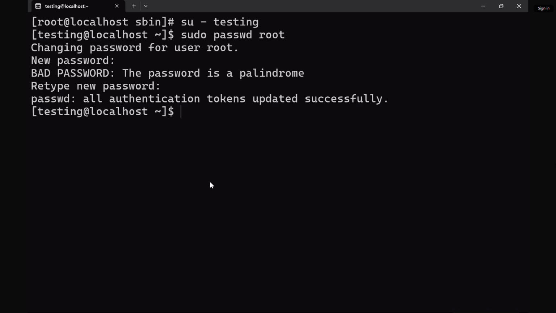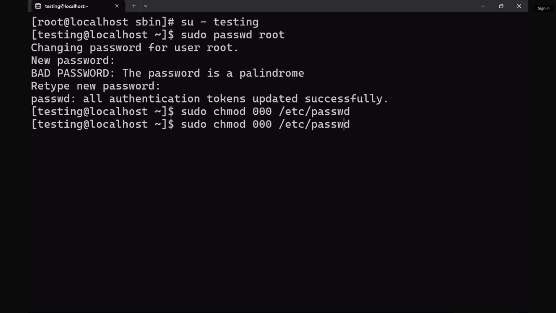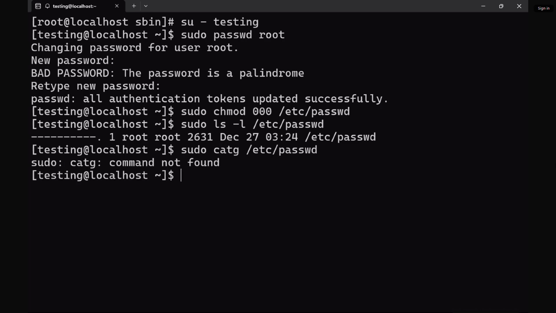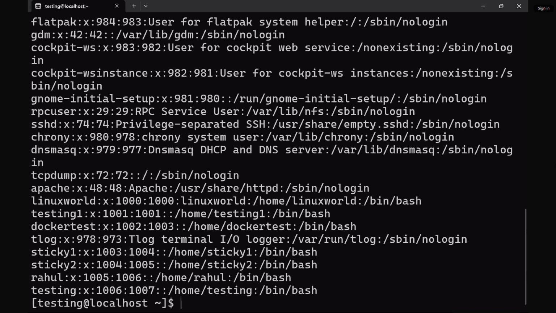If you change the access of the passwd file, there is no meaning, because the sudo command always runs the command as the root user, and the root user, the admin user, can read any file in the system even if they don't have access. Like, I can change the access with chmod to 000, so I don't give any permission to the passwd file. If you check the permission of the passwd file with ls -l, you can see there is no permission, but I can still read the content of that file. sudo cat. रीड कर पा रहा हूं, उसको एडिट भी कर सकता हूं मैं sudo access से।